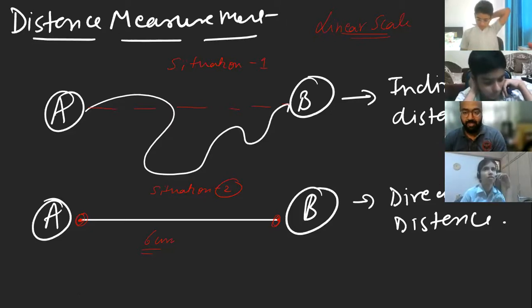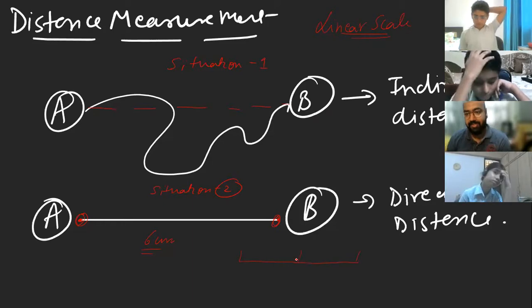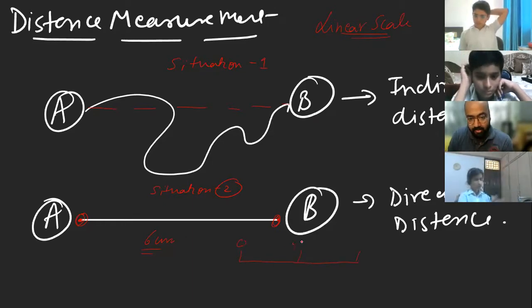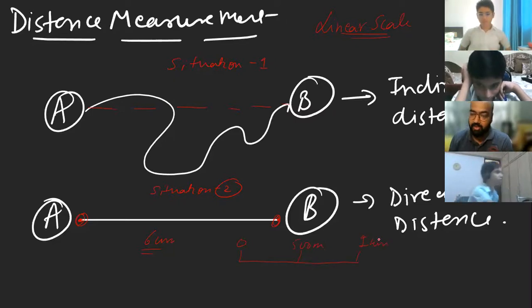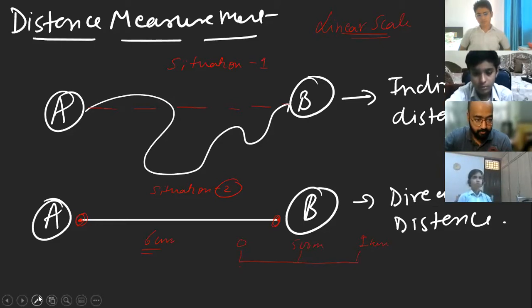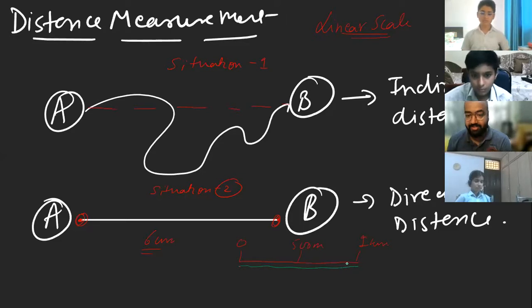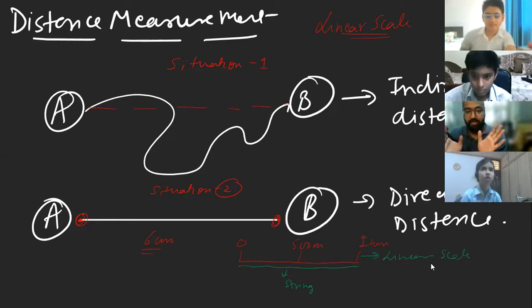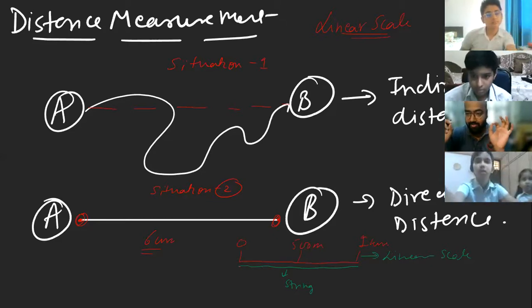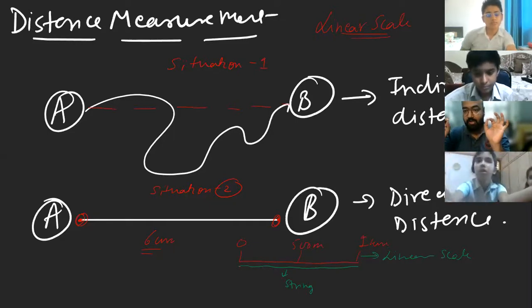The linear scale has divisions in it, showing how much distance is 500 meters, how much is 1 kilometer. Suppose your map has a linear scale this big, with this as the 0 marking, this 500 meters and this 1 kilometer. What will you do? You will take that string and put it on the linear scale and measure the distance. So this is the string and this is the linear scale. With the help of the linear scale, you will be able to measure the length of the string. Suppose the length of the string comes to 1 kilometer.